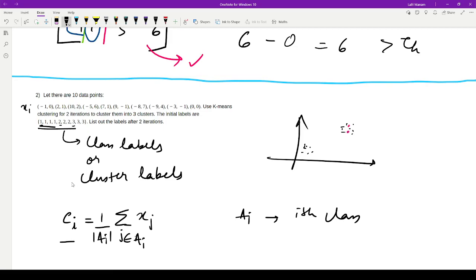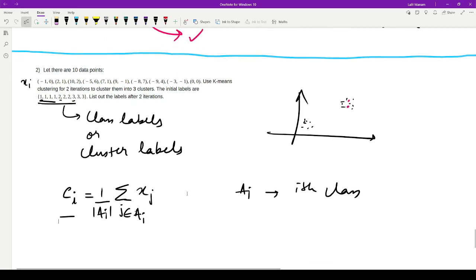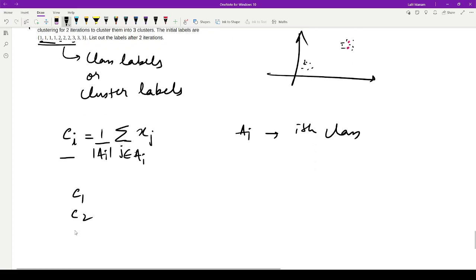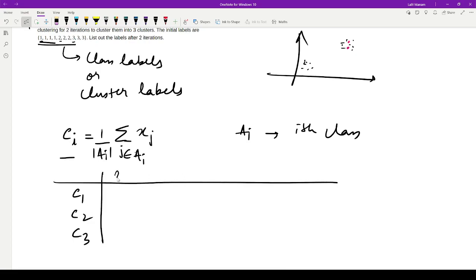Once you have C1, C2, C3 computed, then what is the next step? Find the distance for all the points from all the centroids. Yes. So all these three centroids, you have to get distances now. So x1, what is the distance? X2, what is the distance? Once you have the specific table out there,